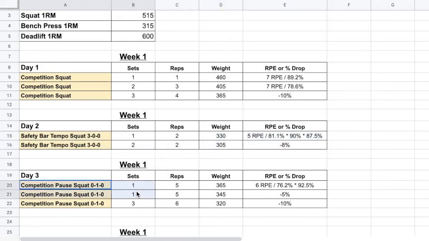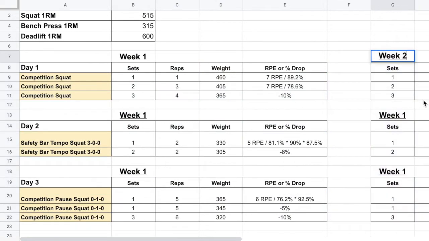So then we come back around, we have our secondary day, which is still somewhat heavy, 6 RPE, somewhat self-limiting as a pause squat, 92.5% for the pause squat. And then you can see here, instead of having the 2 top sets, we have a top set, a back off at 5%, and then 3 back offs at 10%. There's multiple things at play here of why this structure would most likely allow us to come back the next week, and maybe the next week,